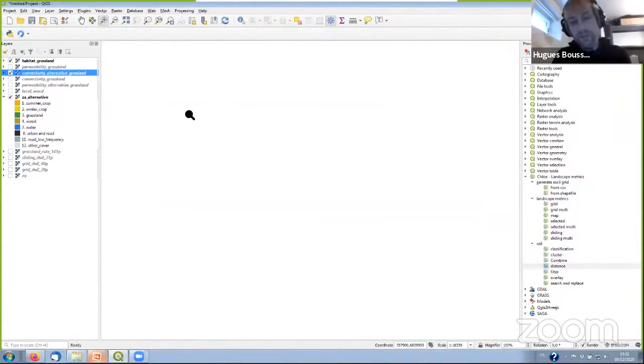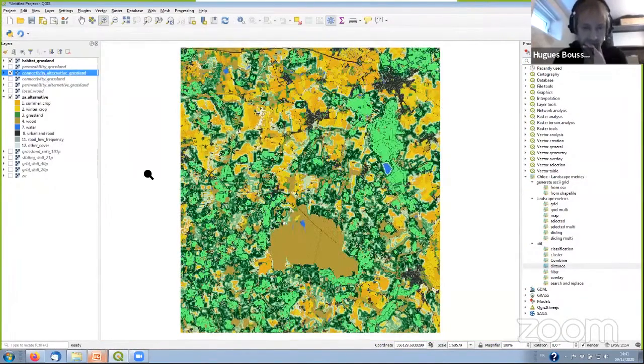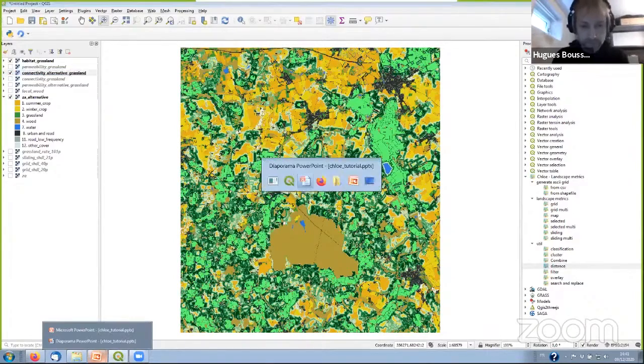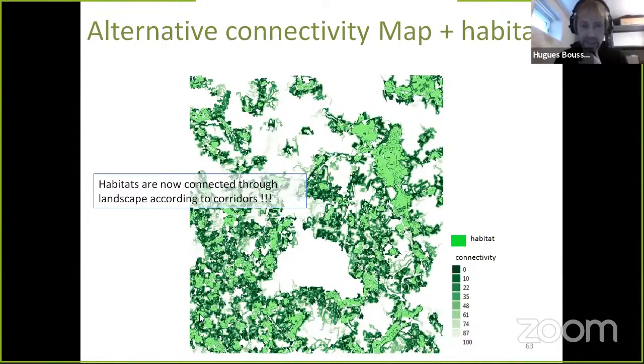So that was the main purpose of the presentation today, but we can go further with that kind of analysis, and there's just one step I wanted to show you today. Just one step further. So yes, habitats are now connected through landscape elements. So I don't know if it is a good model. Again, I'm just a software engineer, but